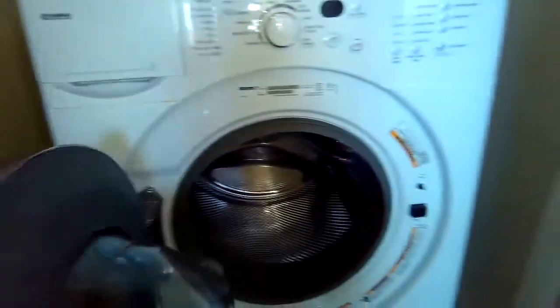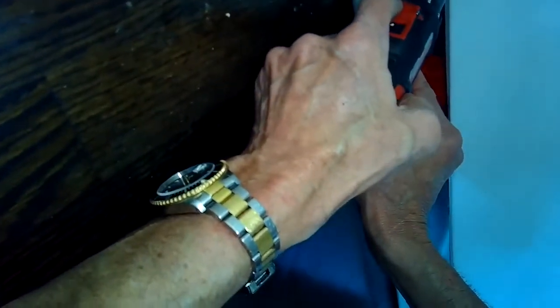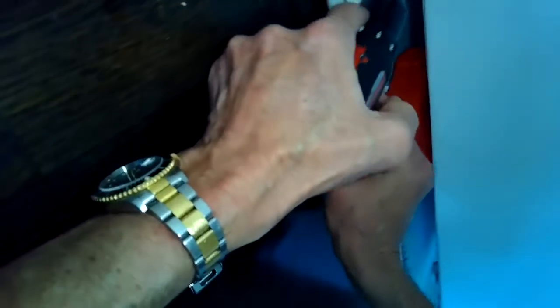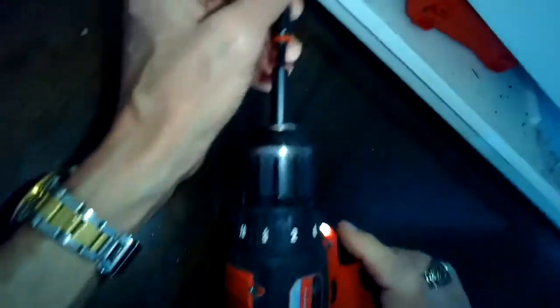Alright, so we got a new drip tray there. Got a new gasket. Got the 3 1/4 inch screws on. We got to put on the top panel, and then there's just 3 screws that hold that on the back,